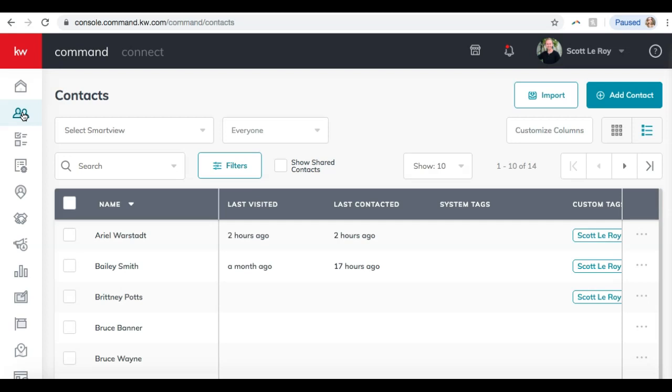All right, so we're back here. Just a couple more things I want to go over. So I showed you the filters, how you can basically create a smart view, which is like a custom filter. Another way you can sort through your contacts. Right now we're looking at everyone. If we want to look at our leads,